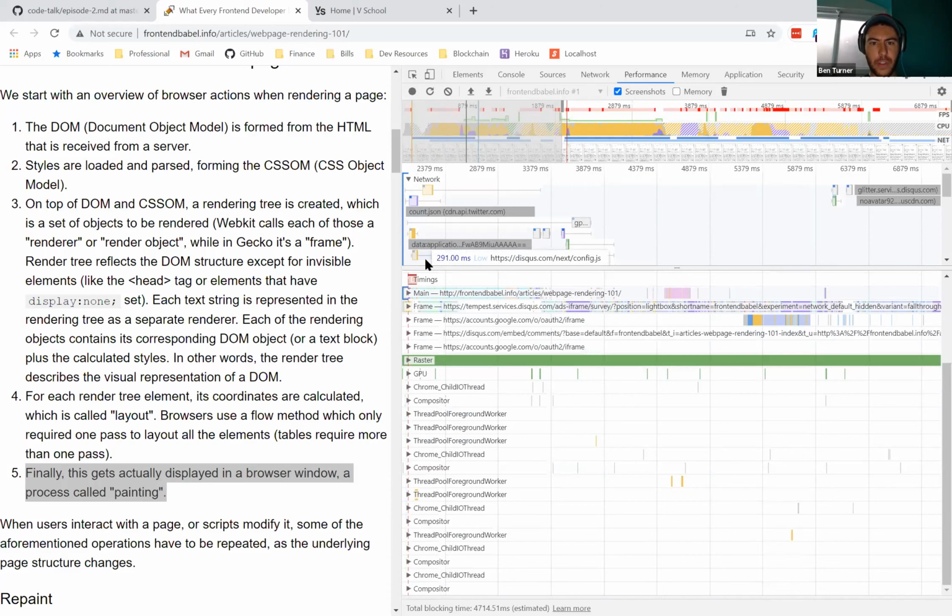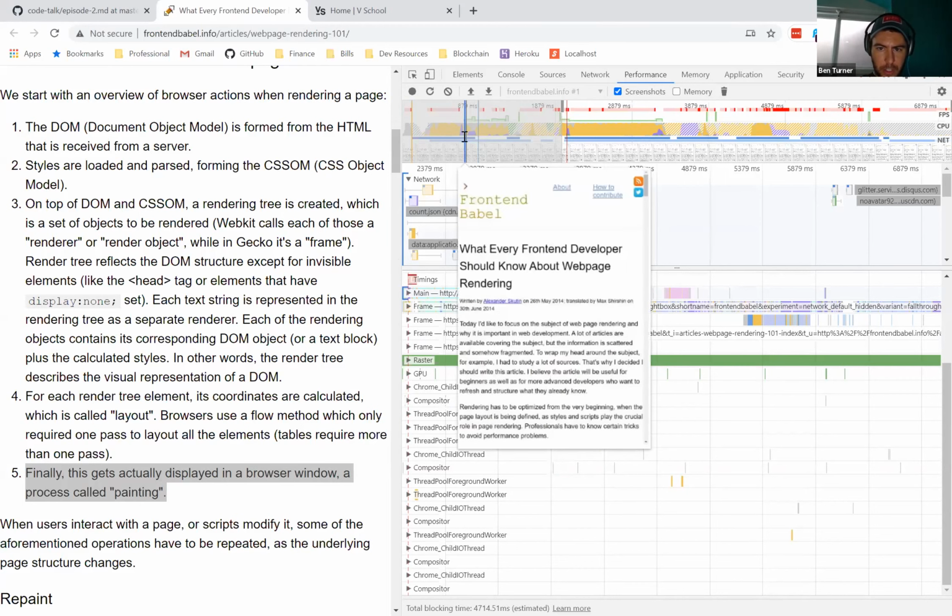Okay, so first of all, network. This shows us what network processes are happening from the moment we loaded the page until the end of what our performance recording did. So let's take a look at what just happened.